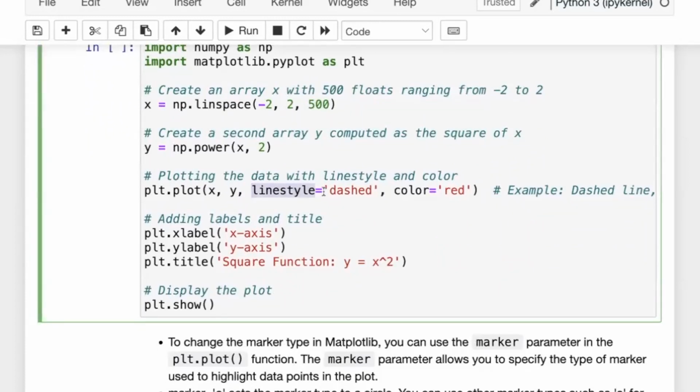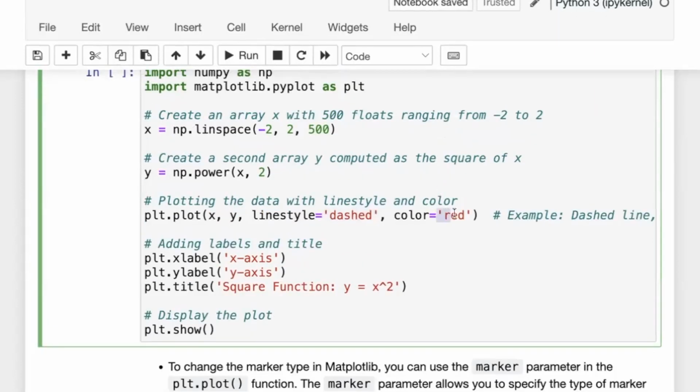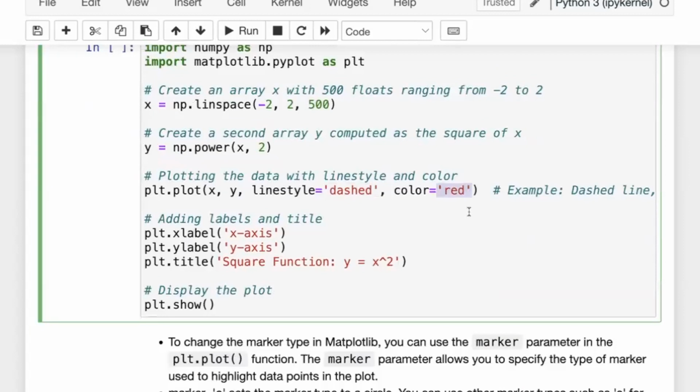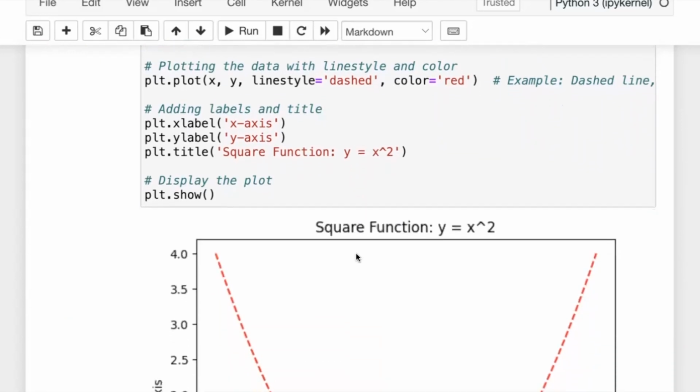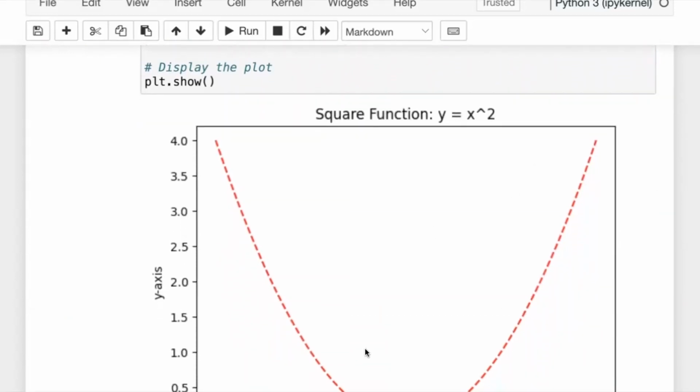And I set that to be dashed. So this is going to be a dashed line. And the other one is color, right? So there are multiple options for color, like red, blue, green, etc. And also like before, we have the labels for axes and the title. And you can see that when I plot this right now, you get this dashed line